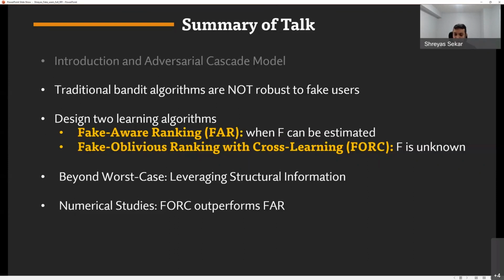And if I'm being completely honest, the acronyms are the main contribution of this paper because it took us more time to come up with the acronyms than the algorithms themselves. All right. So in the last part of this talk, I'll talk a little bit about how you can try to leverage some structural information from this setting to see if you can improve these bounds that I have previously. Okay. And if time permits, I will mention a couple of things about some simulations and some interesting ideas that we have. All right. So let's dig in.